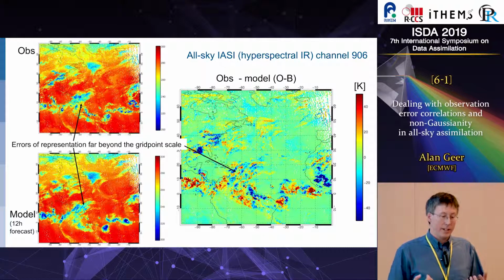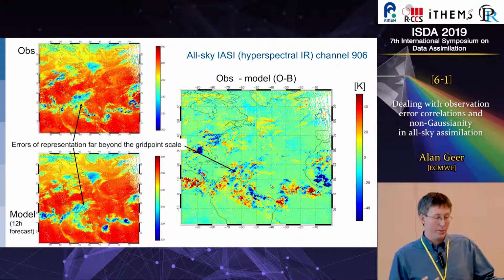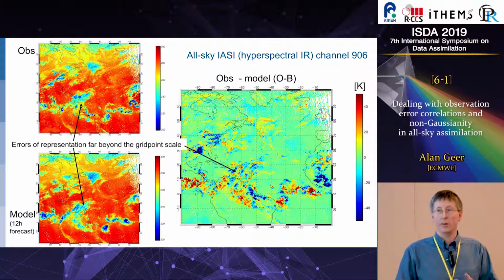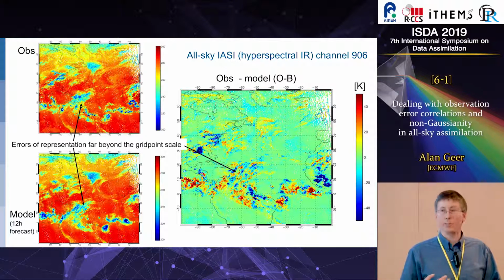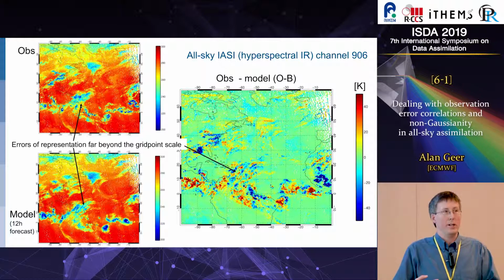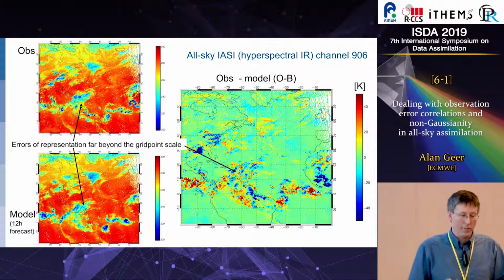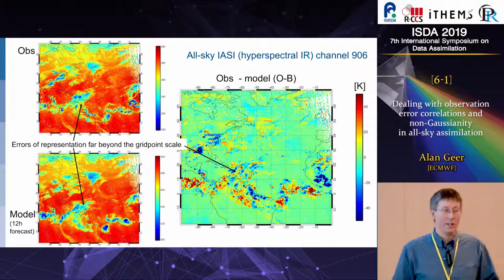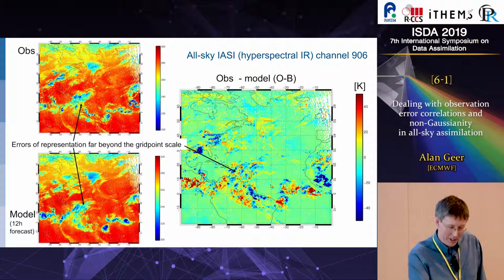And my question there is that information, do we really want to correct the model to what the observations see? It probably doesn't make any sense, and the model may not even be able to ingest that information. And a similar question is, say, in some of these tropical convection regions where you've got convection represented slightly differently, more broadly in the model, in slightly different locations. In global, long and medium range forecasting, are you really trying to correct those small details or not? And for us, it works best to treat those kind of errors as representation error. So not to try and correct the system and to have large observation errors instead.